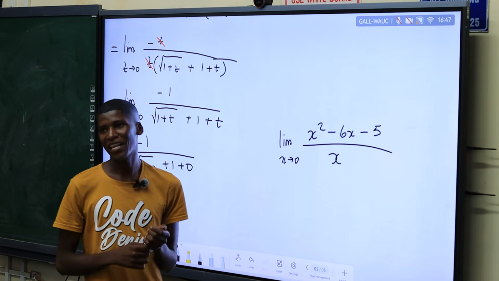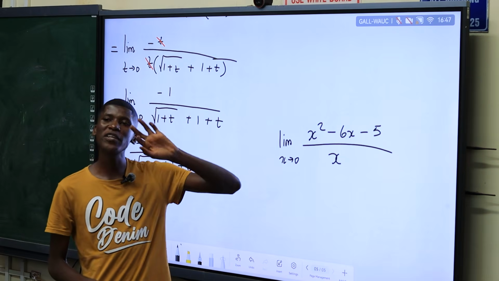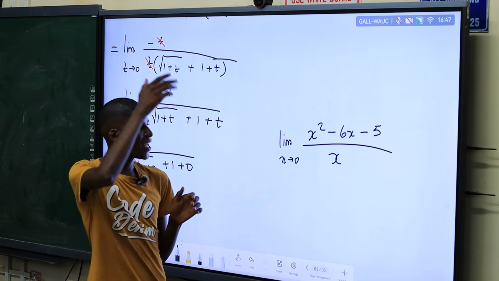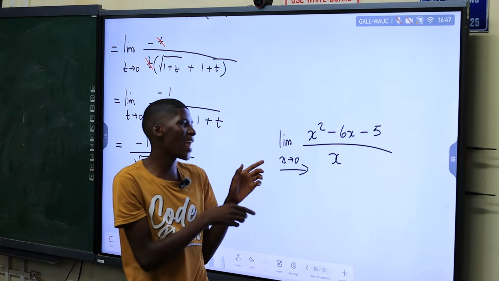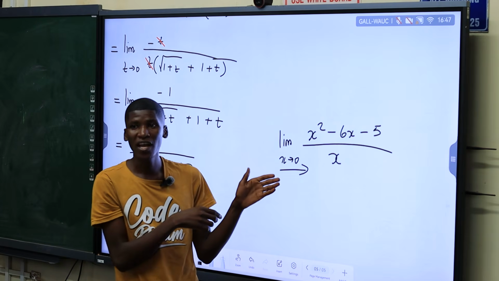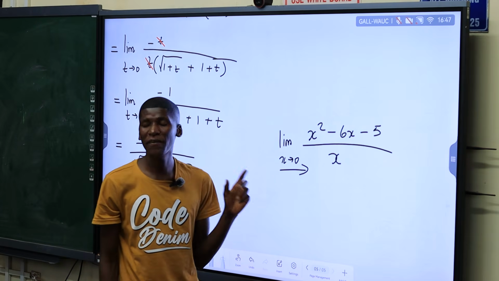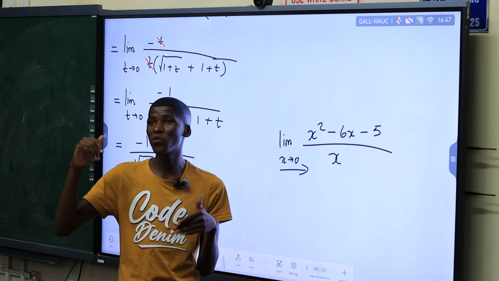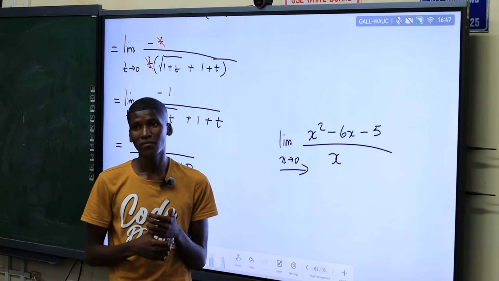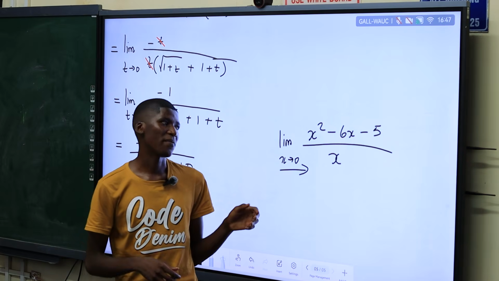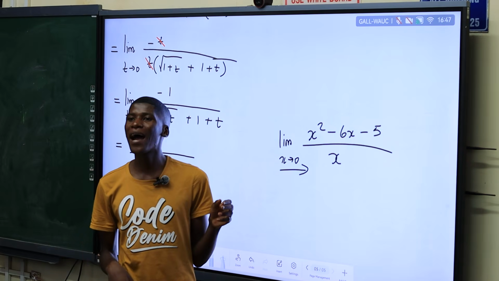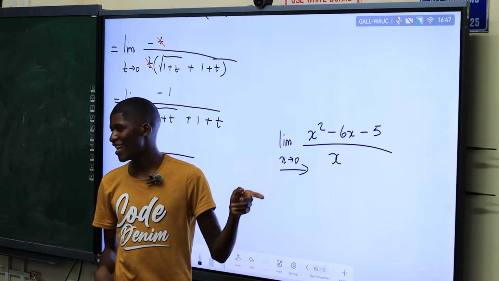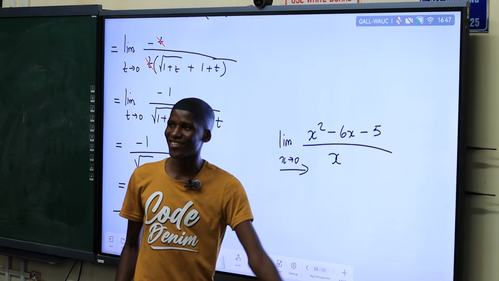You say the limit does not exist. So it does not exist indeed. If you're going to plot this graph, you are going to see that as x approaches 0, meaning we are approaching the y-axis, the graph will be disconnected. The limit from the left and the right will not be the same. Surely you will plot it. But if you fail to simplify, you should not rush to say the limit does not exist.